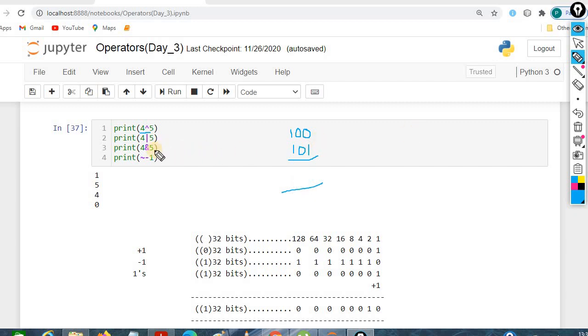If we do it for AND, you know 1 and 0, the output would be 0. 0 and 0, the output would be 0. And 1 and 1, the output would be 1. These are the different conditions we have in digital logic: in the AND condition, 0 and 1, the result would be 0, and 0 and 0, the result would be 0. We are using the logical tables here. That's why the result for AND, if we apply AND for 4 and 5, we get the result as 4.